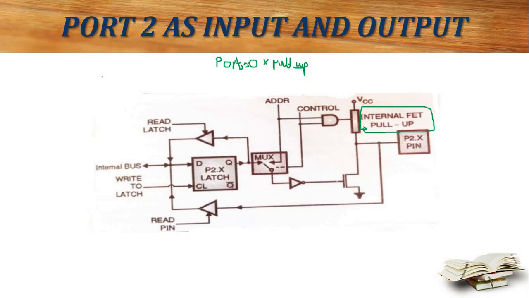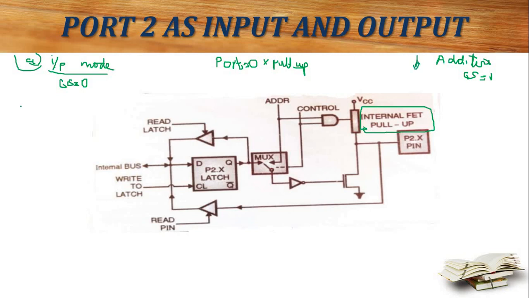Now, check the conditions. When in input mode, that is IO port mode, the control signal is 0. In IO mode, control signal equal to 0. And next, in address line mode, while we are checking the condition for address line mode, this control signal is equal to 1. This is the first condition in port 0 and port 2. Two cases we are having: this is case A and this is case B.